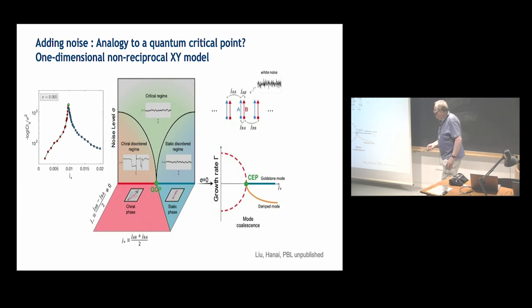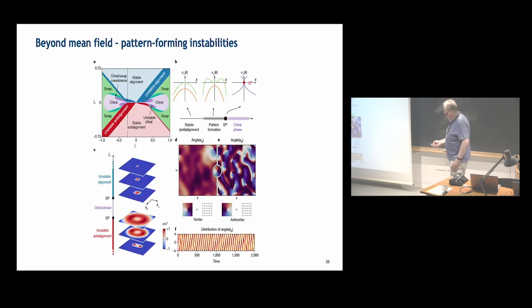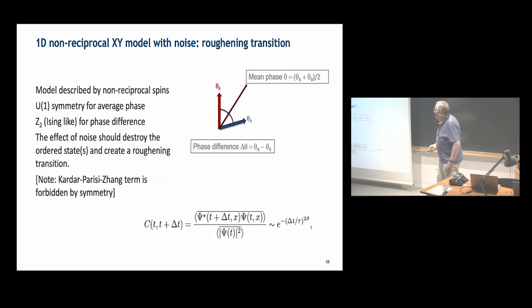correlation functions. Because of course in a system like this, maybe I can just, whoops, wrong way. There are 2 degrees of freedom. There's phases for the red ones, there's phases for the blue ones. There's an average phase between the two, and there's a phase difference between the two. Right? Now, because if I have noise in some system, and just imagine that the average phases are locked, nonetheless, I expect at very long space or very long time, the system will roughen and it will grow